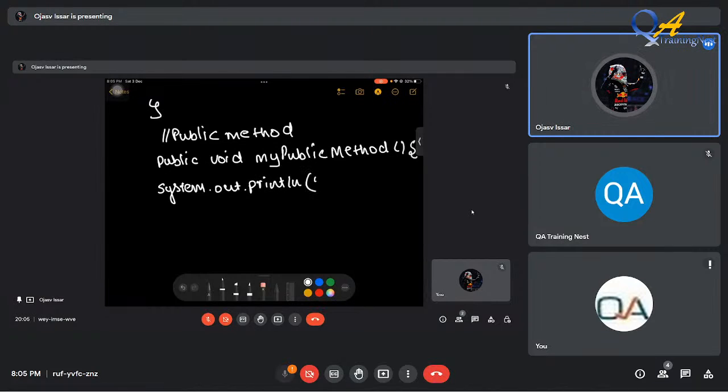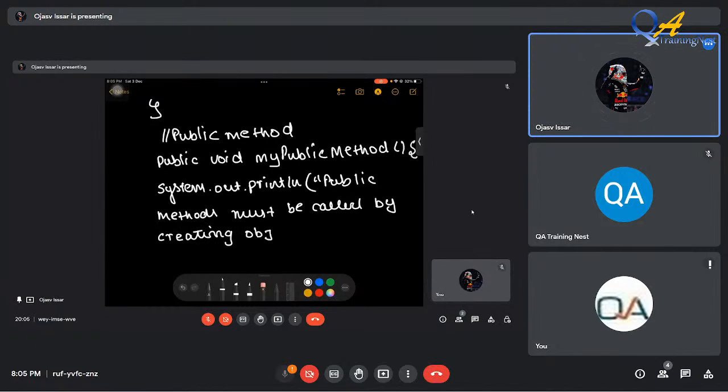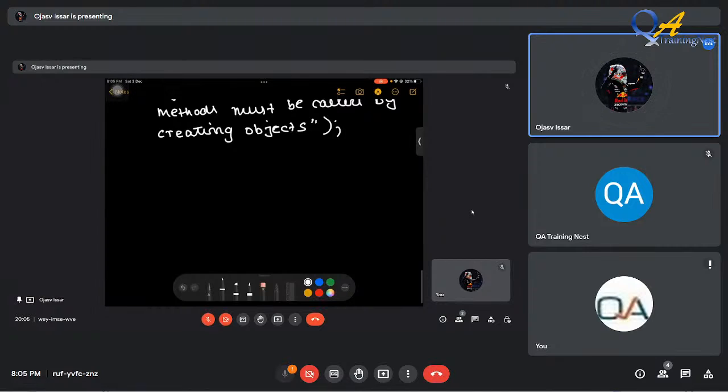Let's write in the bracket that public methods must be called by creating objects. This was the main difference between these two, that the static does not require the creation of objects, whereas the public method does. And we'll just close the bracket, and then we're going to be writing the main method